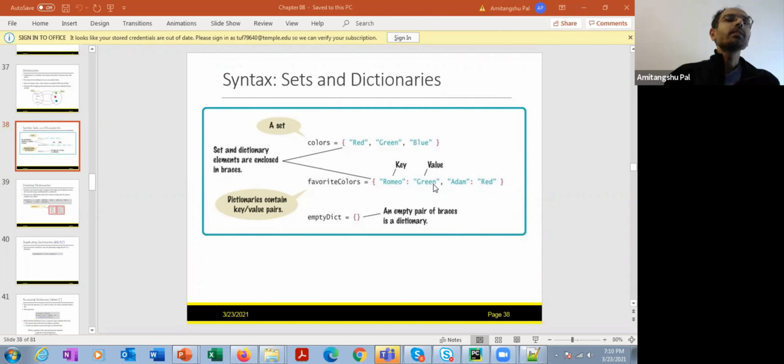Okay. All right. And in a dictionary, again, you can use different structures or different types of variables for storing key value pairs. So for example, you can build a dictionary that consists of your friends and their corresponding number. So the key is going to be your friend's name, the value is going to be their contact number. All right. So different types of variables you can consider as key value pairs in a dictionary. And an empty dictionary is written like this. Okay. All right.